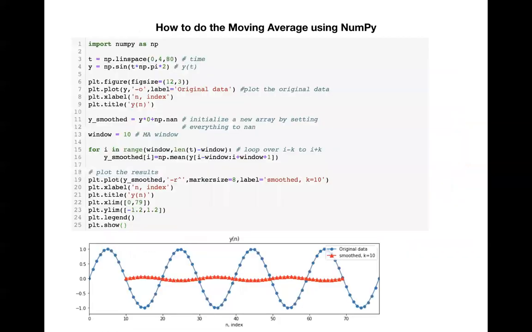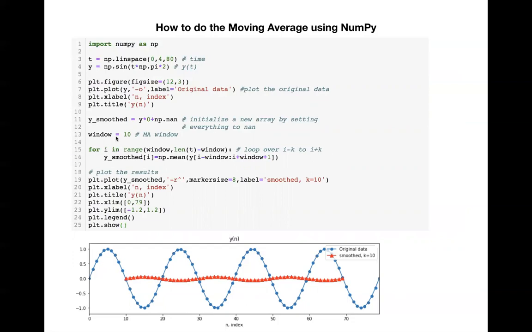Right, so how to do moving average using Python? There are multiple ways to do it. Given that we have the equation, the first one you think about is using NumPy, for example. This is a sine wave we generated in this way, y equals sine 2 pi times t, and this is a simple for loop to do the